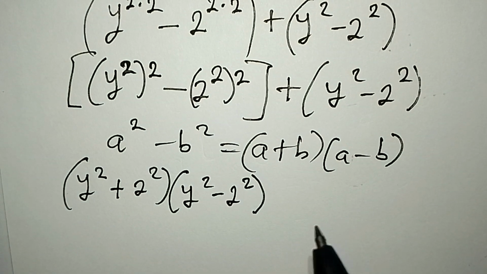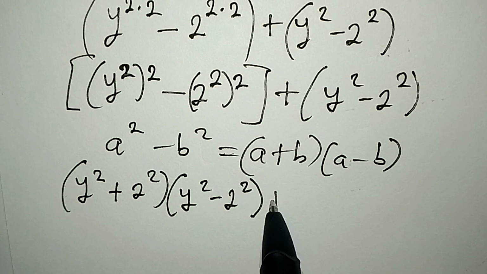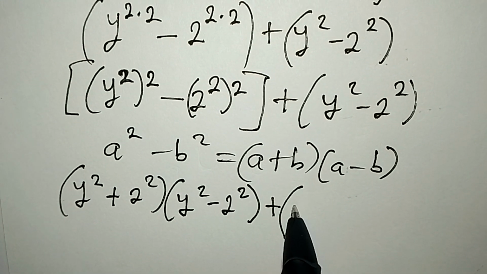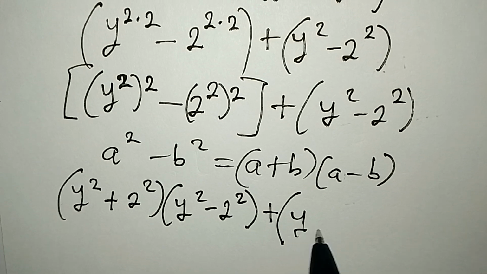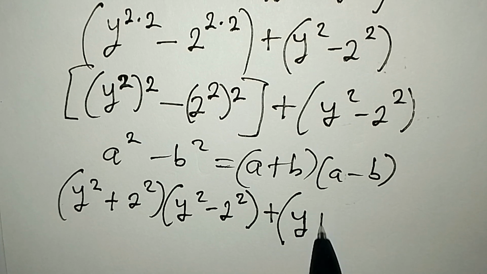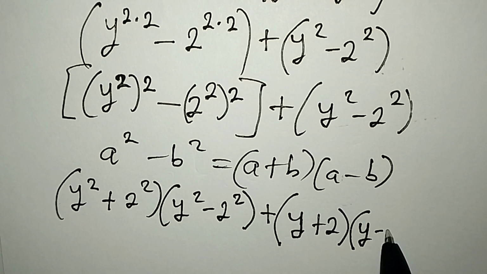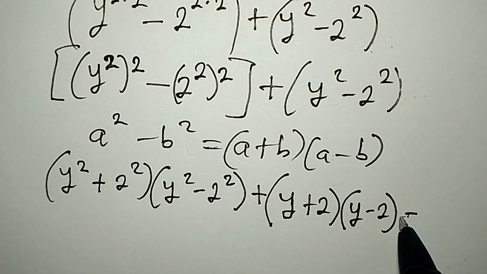Close this. Then here I will apply the same standard, but there's a plus there, right? So we will now have open bracket y plus 2 into y minus 2, another difference of two squares, and the whole of this is equal to